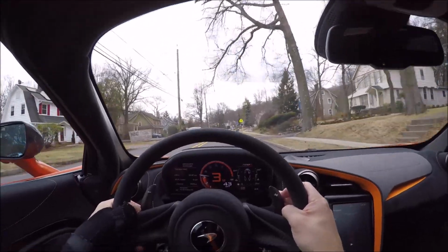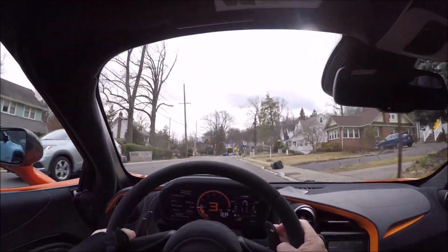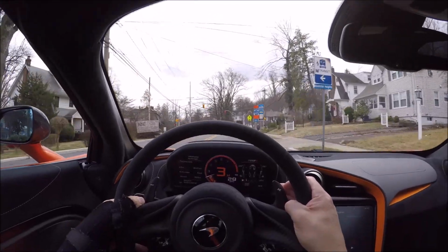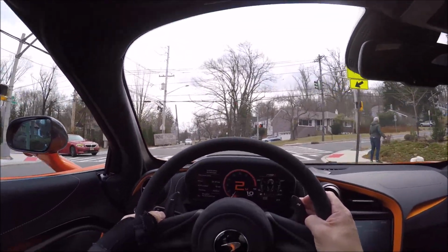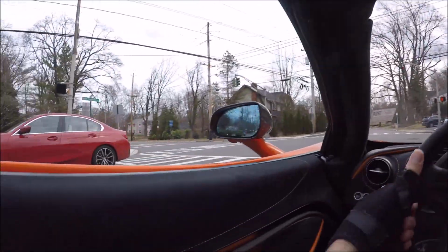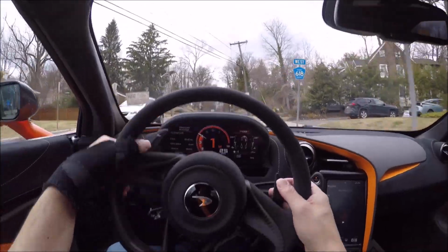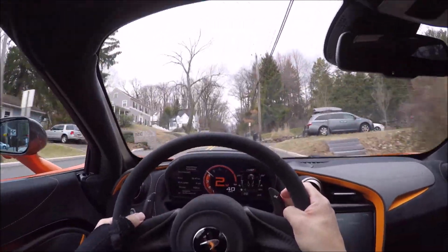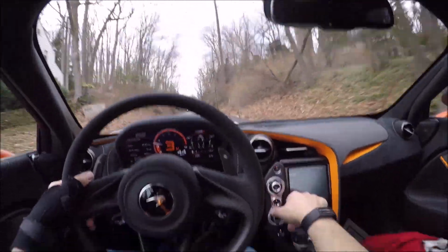This car looks amazing too. I mean, maybe the Aventador looks a little better, but this certainly performs better. All right, so we can make a right on red here in New Jersey after a complete stop. It'll automatically, even though we're in manual mode, shift us down to first gear. Now what we'll do is up here, we'll go into track mode just for these S-turns. So track,